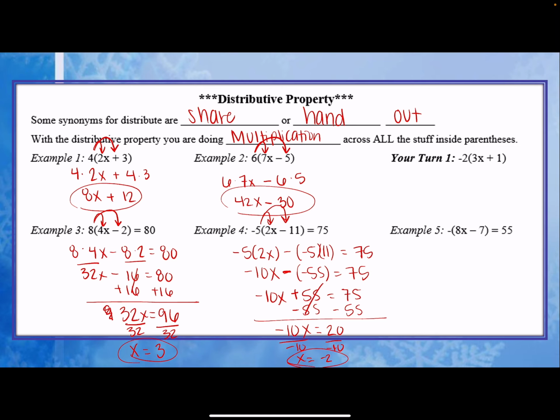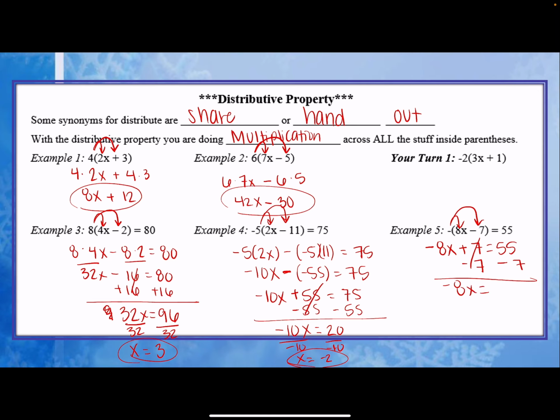In our final example, we're going to distribute the negative to everything inside the parentheses, which just means you're going to give me the opposite of all of our terms inside our parentheses. So our positive 8x becomes negative 8x, and our negative 7 becomes positive 7, still equaling to 55, and you will solve. So subtract 7 from both sides first,